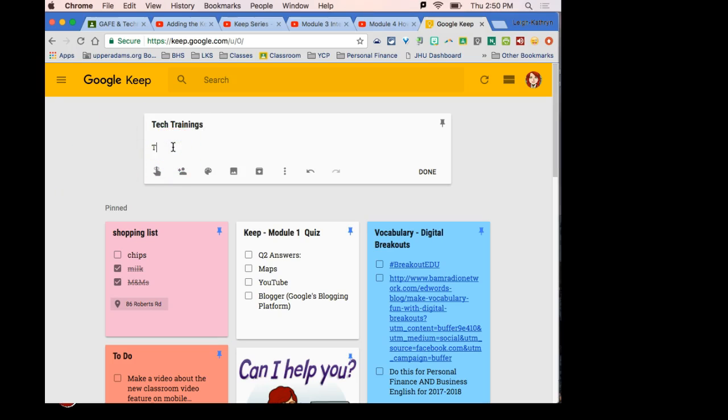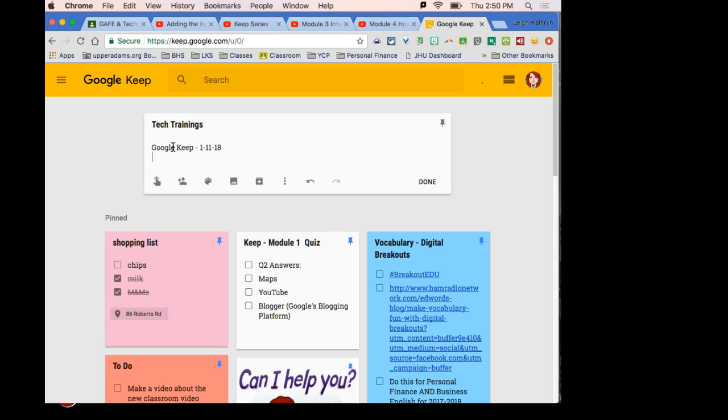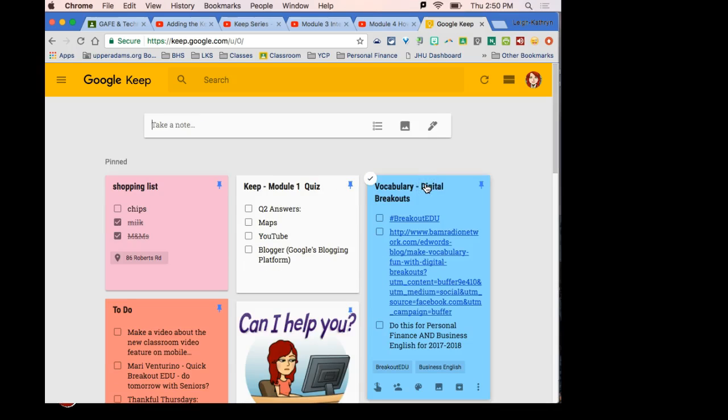Class is getting ahead of the teacher here. So we'll say we did Google Keep on 1/12/18. And then you can just click Done. And you've made your first note.